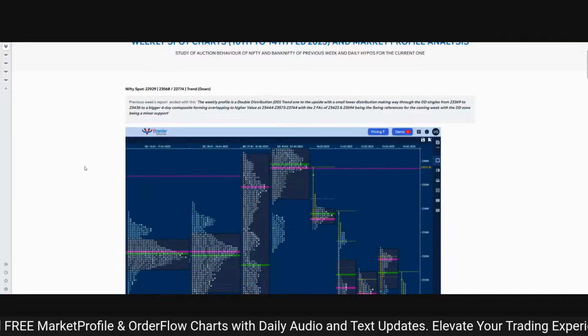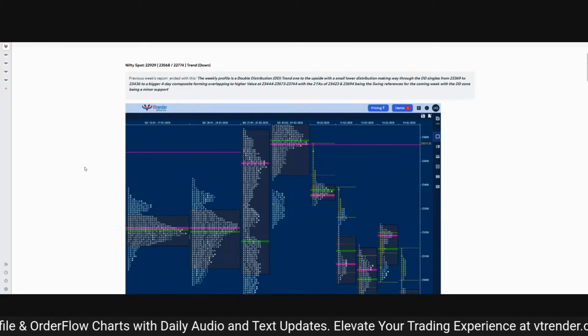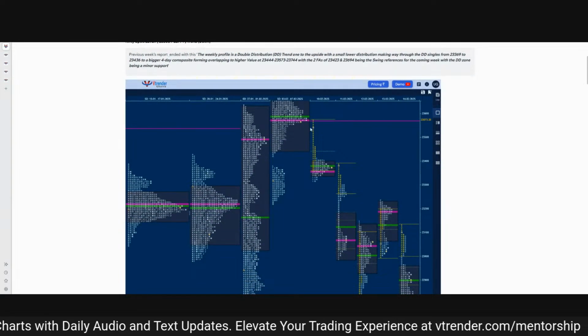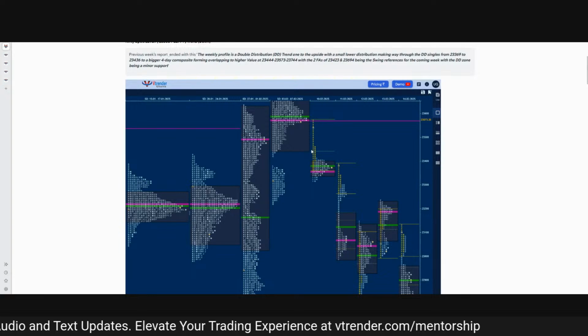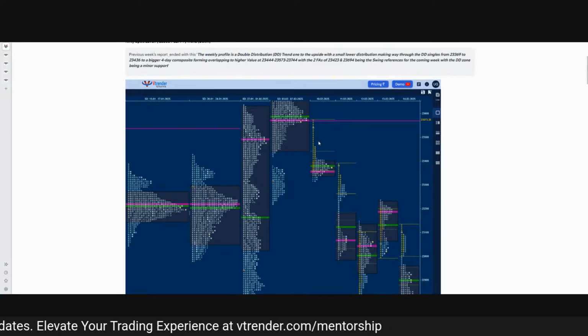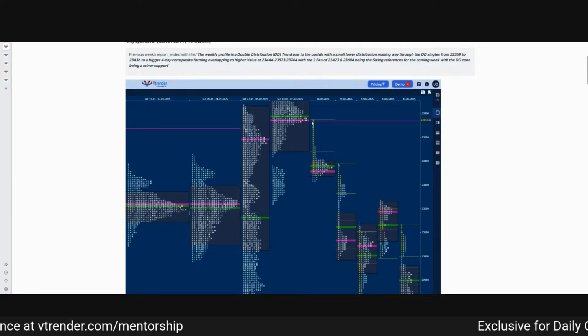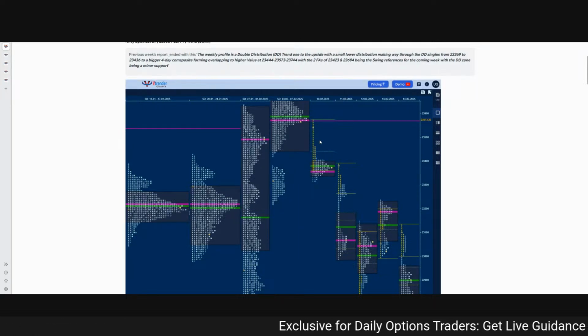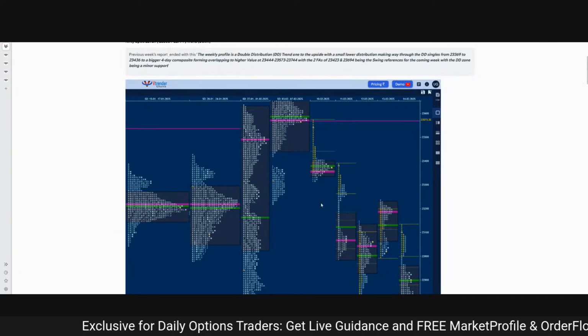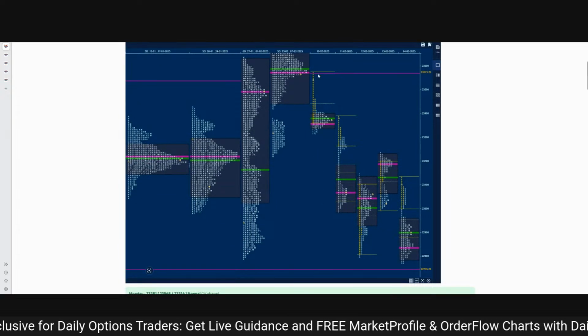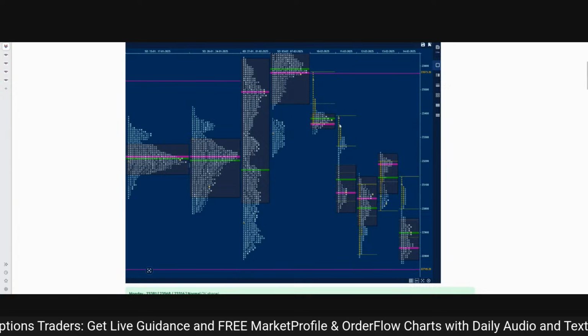So on the weekly time frame, last Monday we had this 5 p.m. session wherein we had seen how we started the week with an initiative selling tail, and we had discussed that as long as this initiative selling tail is retained, we are looking for more downside in the weekly time frame. That is what happened. After this initiative selling tail, we left another initiative selling tail